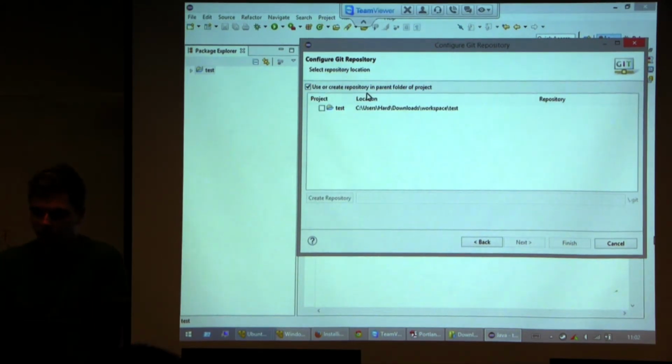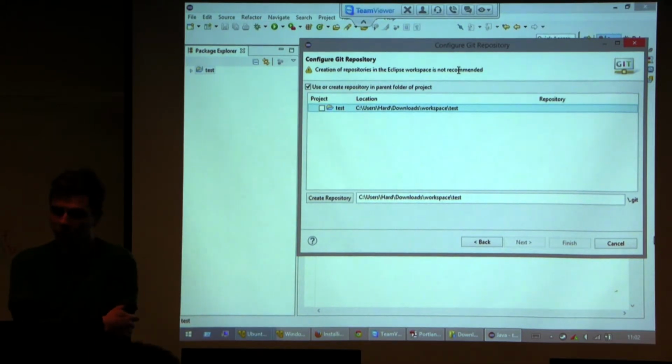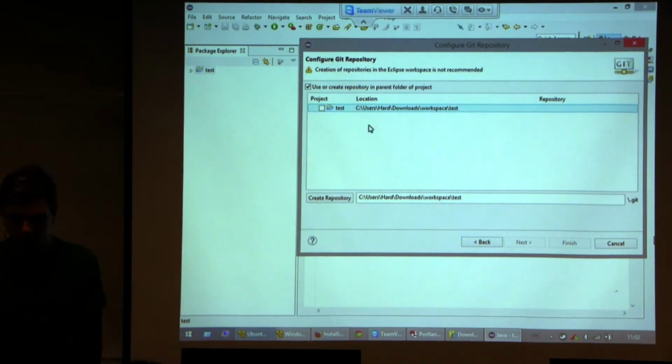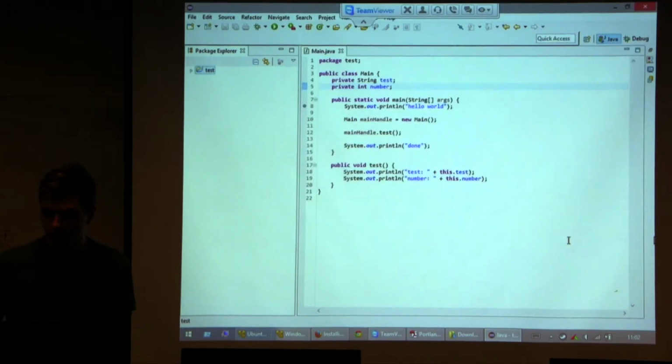This is usually discouraged. Does it say that? Well, yeah, it's not recommended because it's a little bit inefficient for the Eclipse framework to keep track of the workspace if all the Git files are in there. I don't care right now, and it's as simple as I just say create a new repository, say finish, and